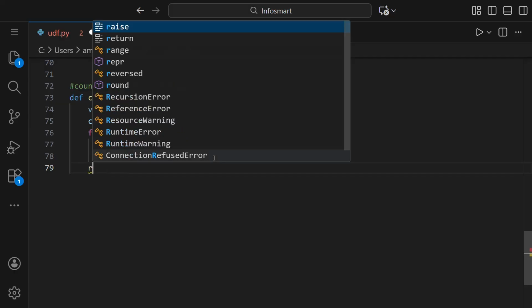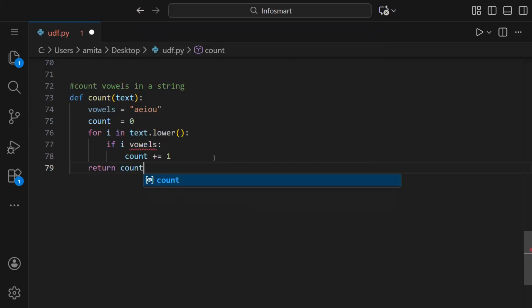And then at the last, we will return count. So you see here, we have written count after the for loop is completed. It should be if I in vowels. So basically what this program says is first we have defined what are vowels and then we iterate over the